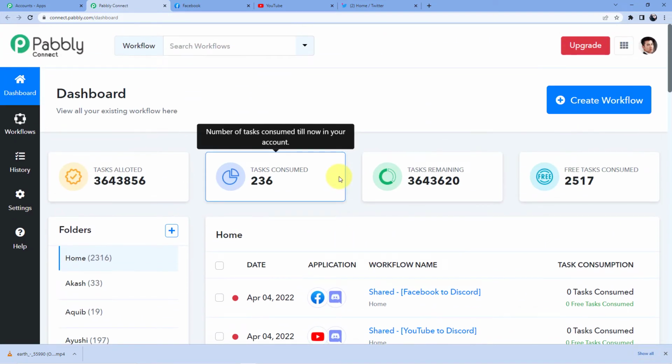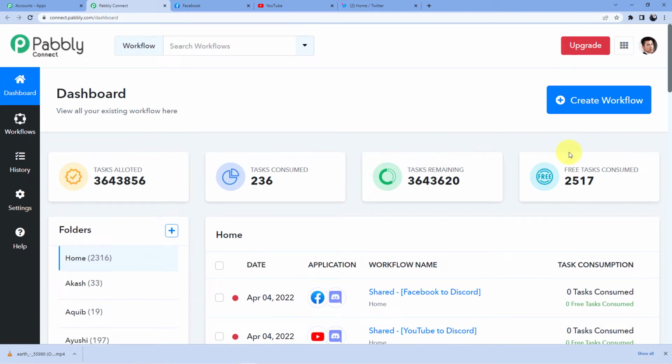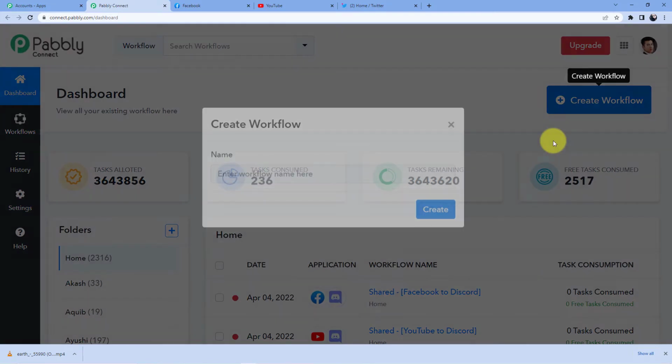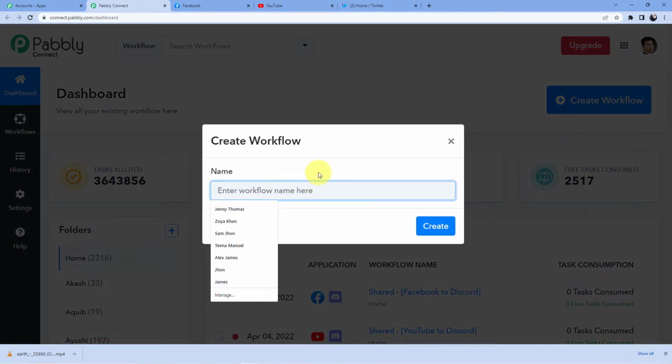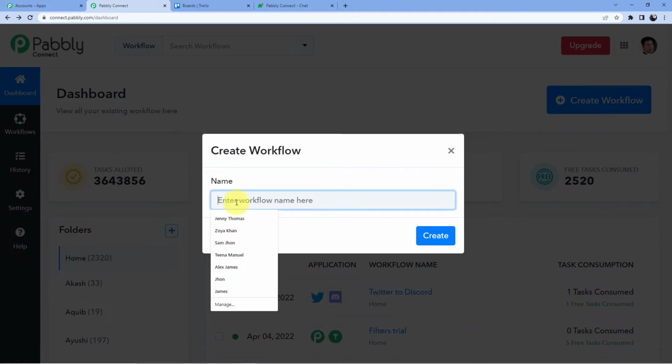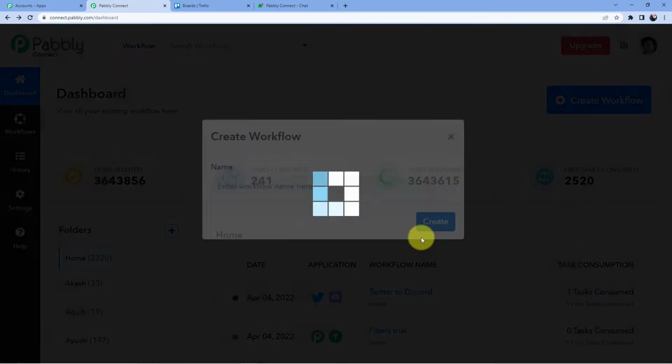And now what I am going to do, I am just going to create workflows one after another, and I will tell you how to connect your Facebook to Discord, then YouTube to Discord, then Twitter to Discord. So first we are going to create a workflow and then we are going to give it a name. So let us give it the name, and here I am giving it the name Trello to Google Hangouts. Okay. Now I'm just going to click on create, and as soon as I click on